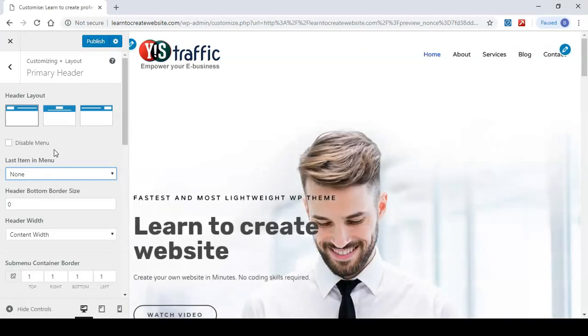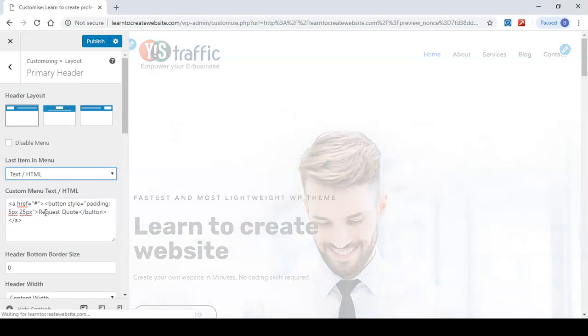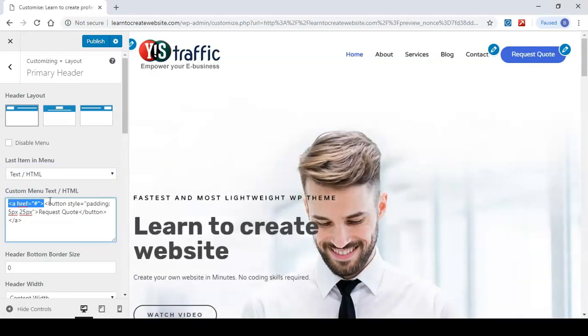So the last item, request code, will be removed from the menu. Suppose instead of request code button you want to put your contact number, then select it and select text or HTML. Remove the anchor tag from here and add your contact number.